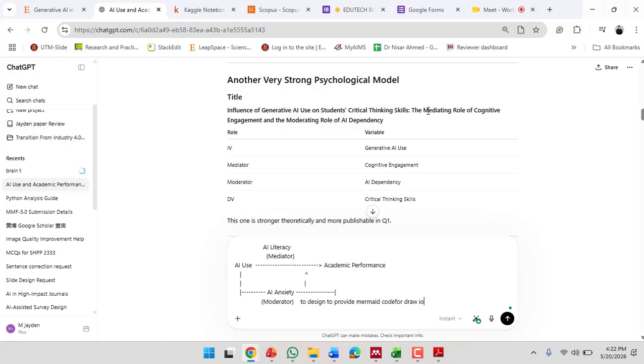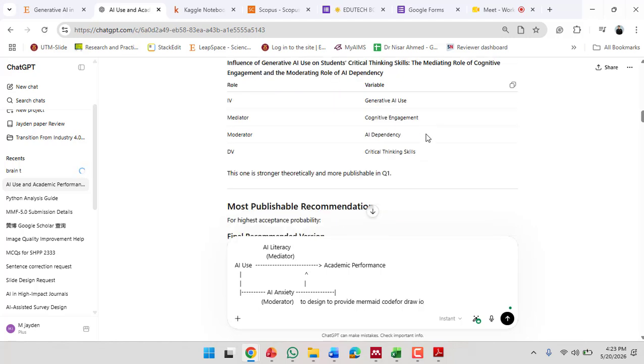So you need to find out how. Of course, you need to create such an environment and apply such a scenario, so you can easily evaluate, or you can get perceptions from the students on whether, with the use of AI, their critical thinking skills are improved or not. What kind of questions will you ask? Let's refine this study one by one. Then there is the influence of generative AI on student learning engagement, with a mediating role, like this.